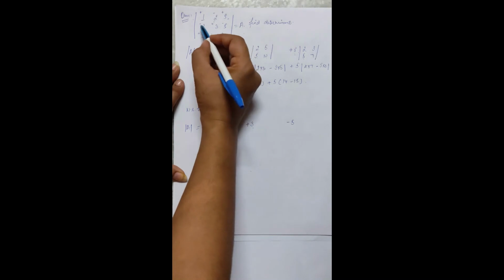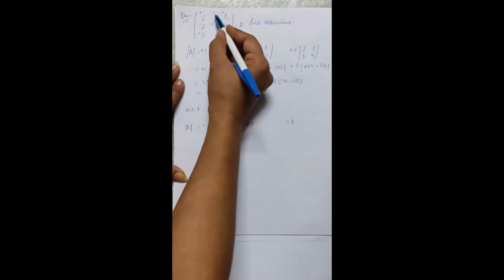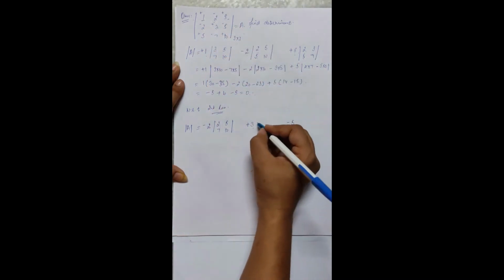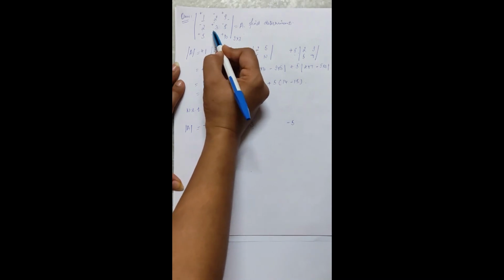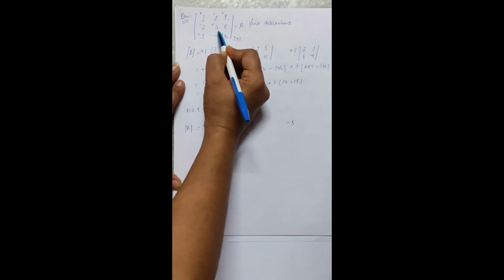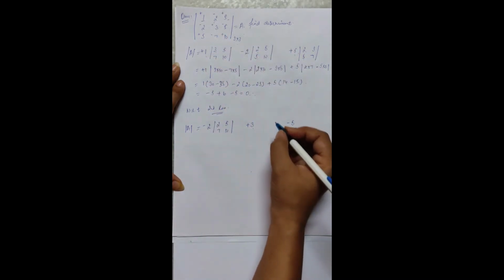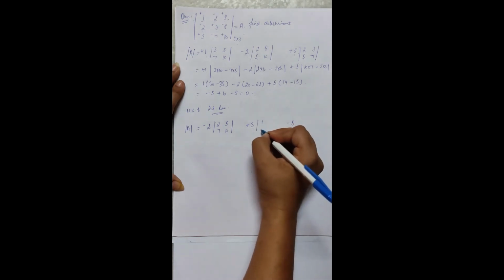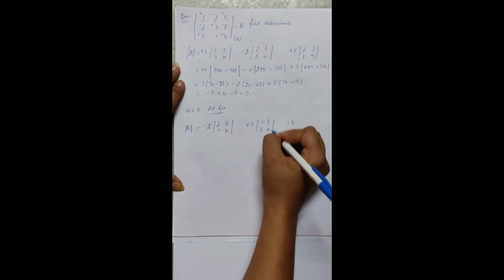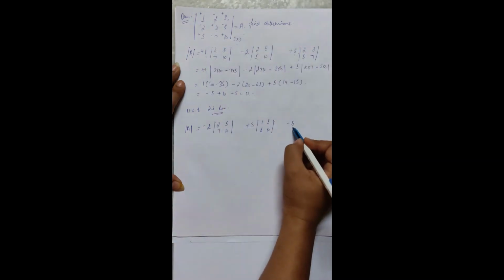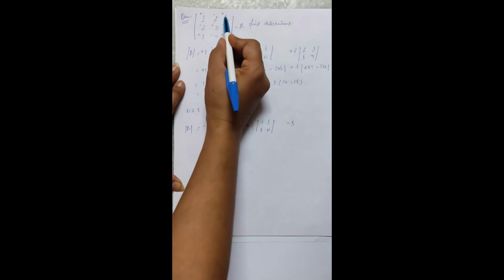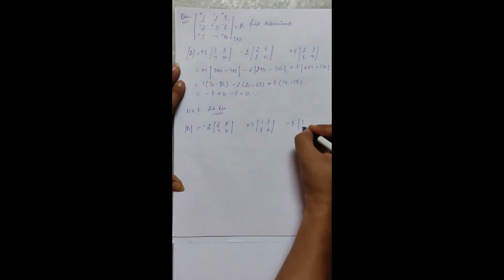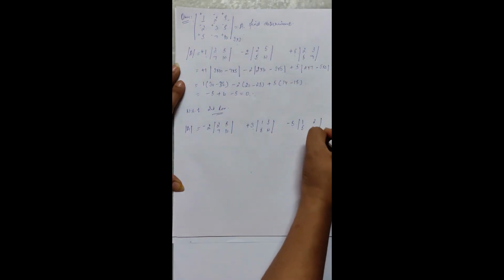If I take 3, I will not take the elements of the second row and second column, because if we talk about this value, it is A22. The rest of the values I will take. So it will be 1, 5, 5 and 10. Then this is 5, which is A23, so I will not take the values of the second row and third column. What will I get? 1, 5, 2, 7.